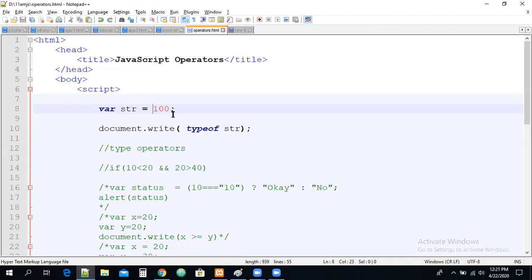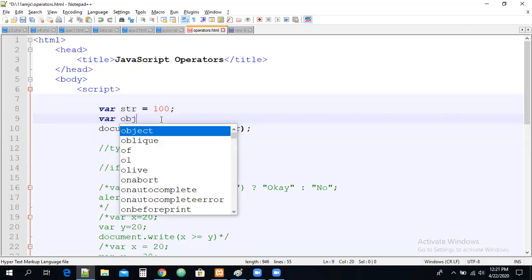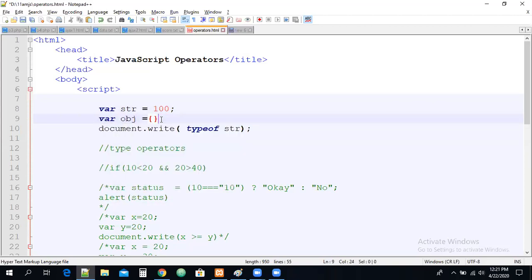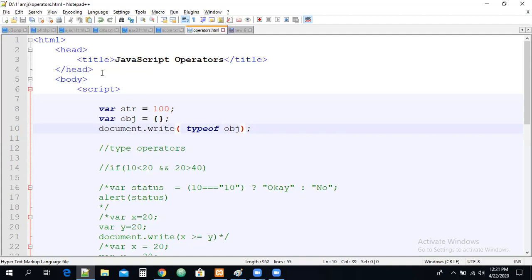And now this is typeof. For example, let me create one variable, obj equal to, I'm not doing anything, just like this, guys. What type of variable is it? I just want to check typeof obj. If you didn't understand what type of variable it is, you can just go with obj. Now you can check it, guys, and refresh it. You can see this is going to be an object. What type is it? This is going to be an object.